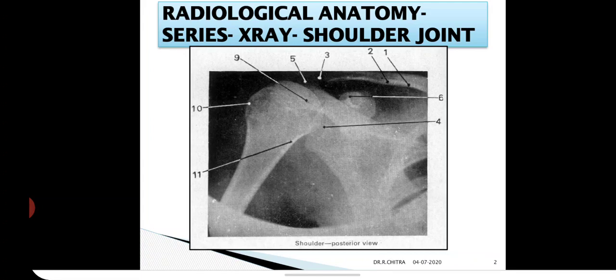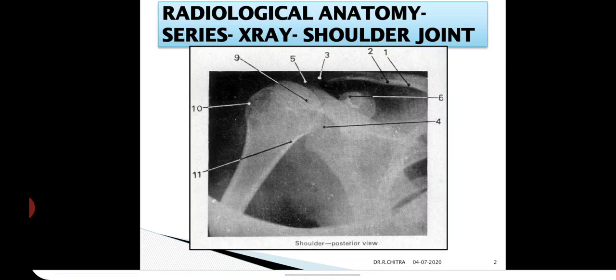To read any X-ray, you have to know the normal anatomical landmarks in that X-ray first. So you should know the anatomical landmarks of that part. If you know that, then you can identify the abnormality in that part. So can you identify them? It is labeled from 1 to 11. Try to see this. What is 1? What bone? Then 2 is marked as some protuberance or tubercle. 3 is a joint. 4 is a part of the scapula.